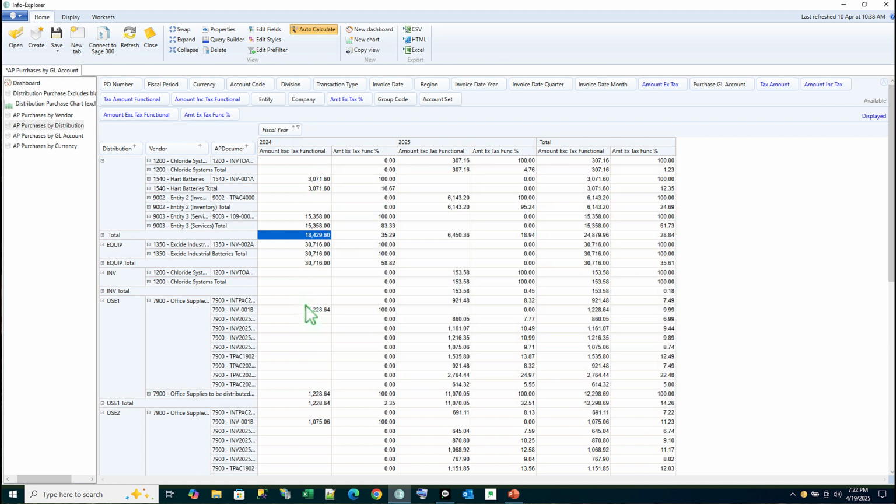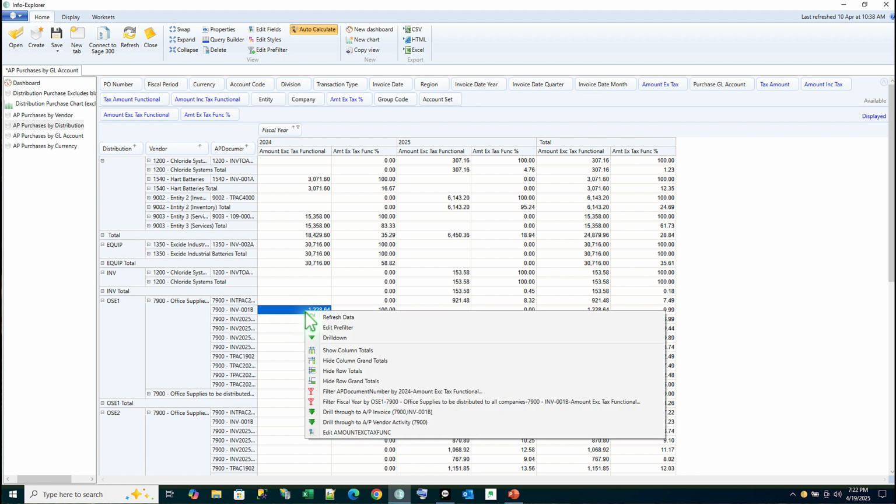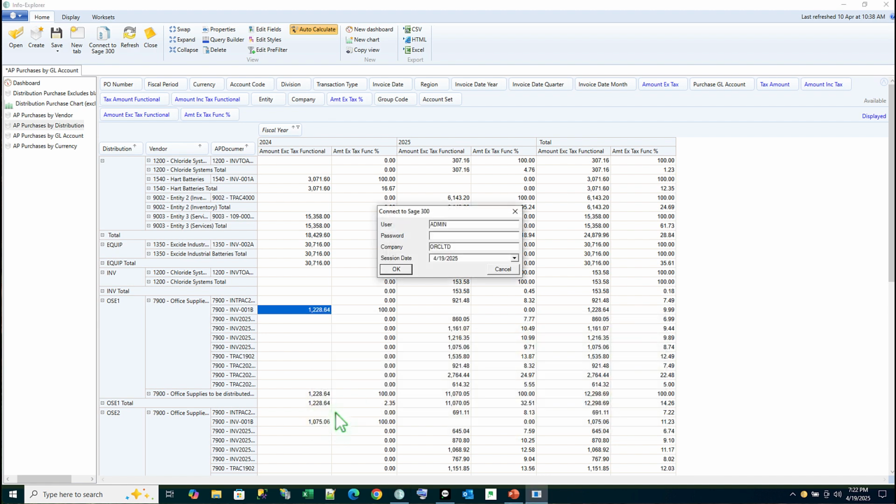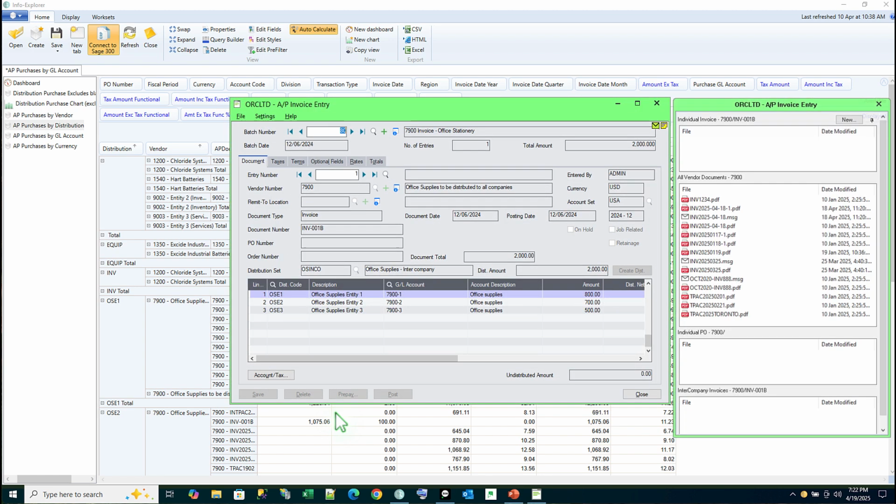But on any individual transaction, we can drill through to either the AP vendor activity or through to the AP invoice itself. And when I click drill through, at this stage I need to log on to the underlying Sage 300 company, and at this stage I am using a Sage 300 LAN pack and I'm subject to the Sage 300 security. So if I don't have access to accounts payable, I would get a message saying I don't have